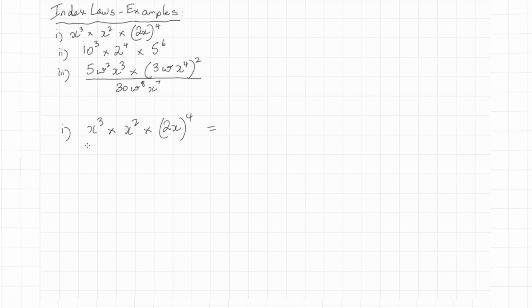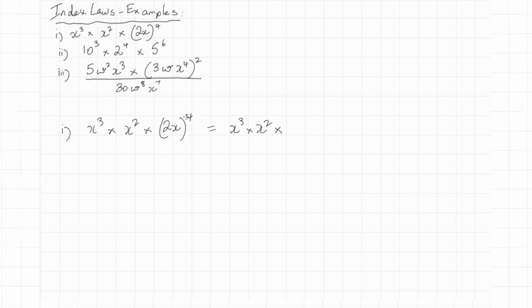In order to determine which order you do each of the operations, we apply BIDMAS, and we've got brackets and this power here, so we're going to expand these brackets out and get rid of them first. So x cubed times x squared times,